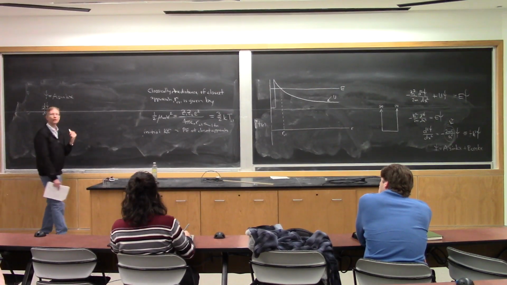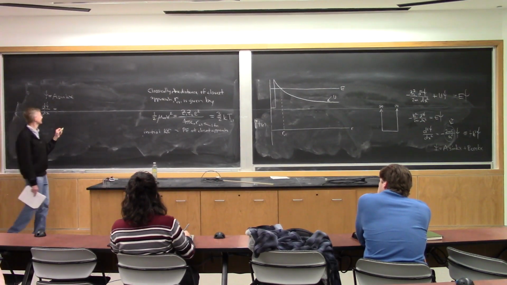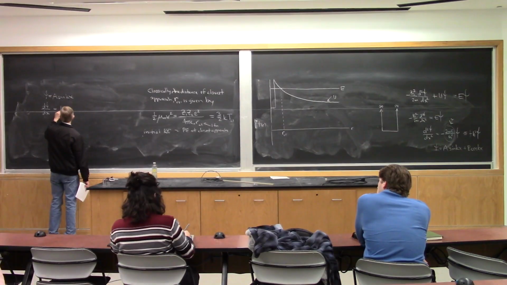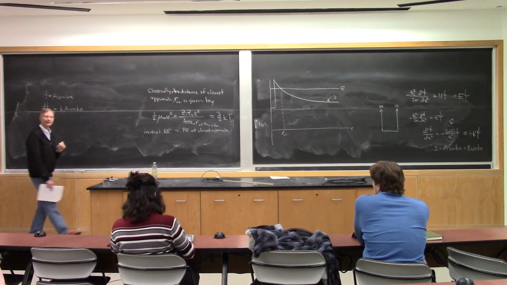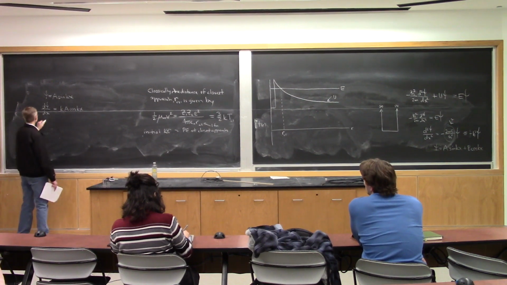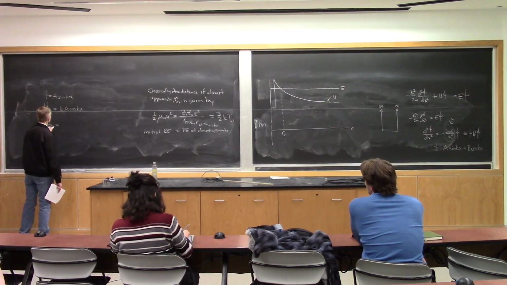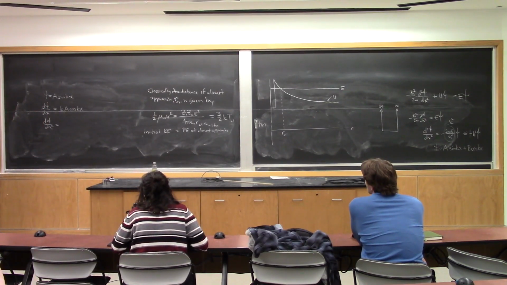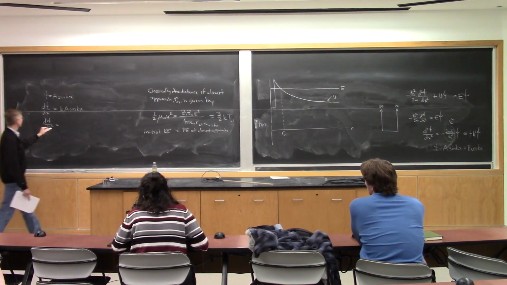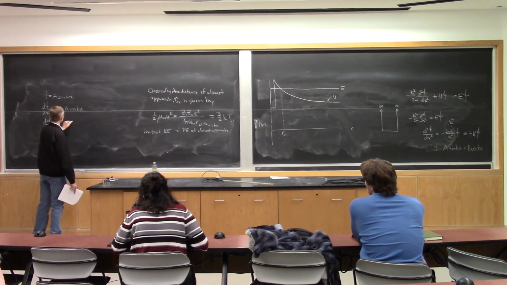Sine differentiates to cosine, so it's not a minus sign yet, right? So this derivative is ka cosine kx, and if I take another derivative, what's the derivative of cosine kx? Minus k sine kx, so you get a minus k multiplied here, so I'm going to get minus k squared